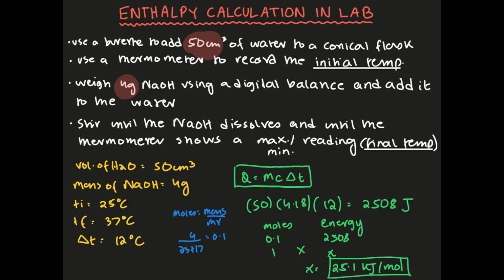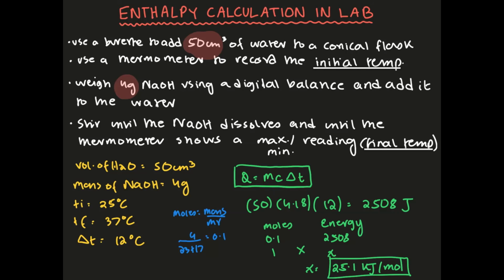Now the formula for calculating the enthalpy change in your labs is going to be Q = mcΔT. Q in this case represents the energy change. m represents the mass of the liquid that you have the thing dissolved in, because the temperature change that you're recording is the temperature of the water, the liquid that your substance is in, that's changing. So you're going to look at the mass of the liquid. Then after that, you have your change in temperature and you have c.